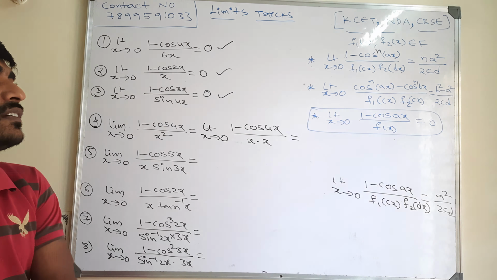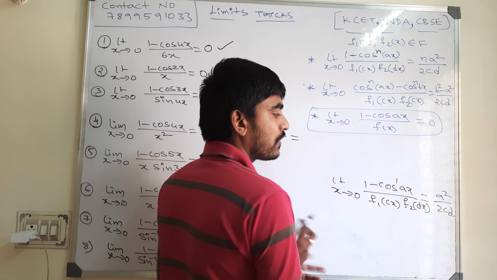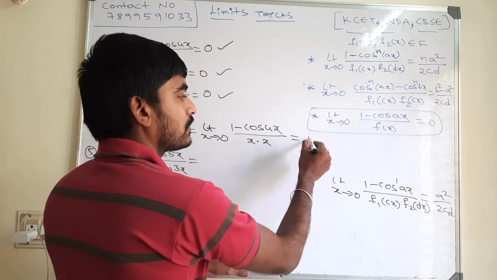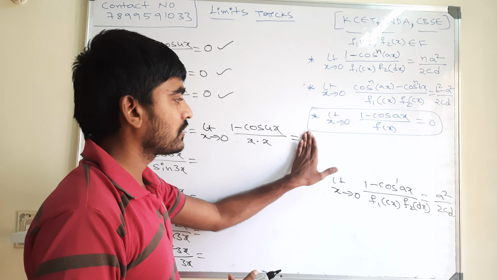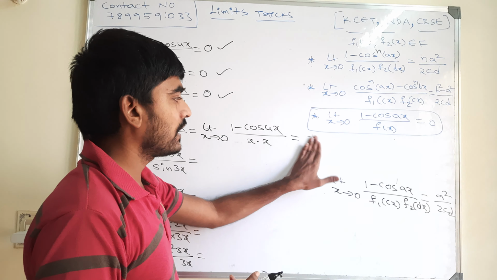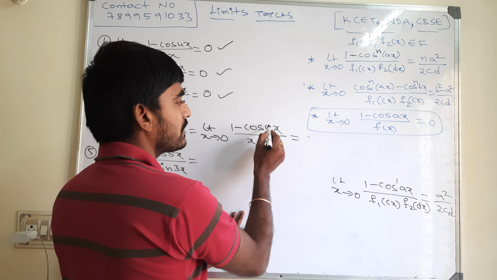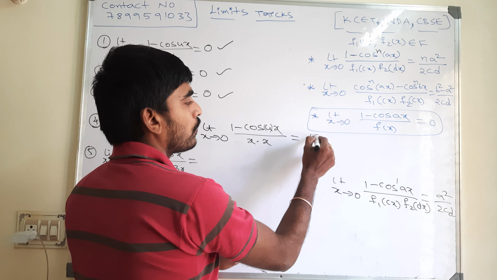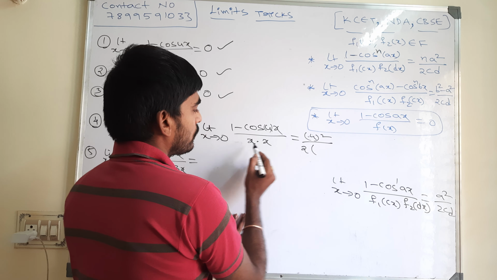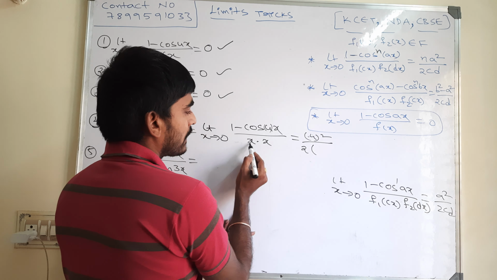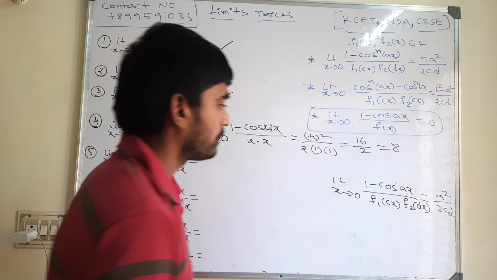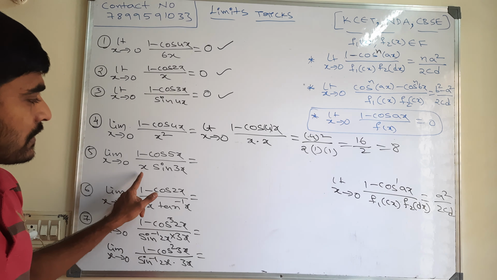So please observe here. Power n is there also. Sir, what is the n value here? 1. So no need to think much about n. If I have this pattern, what is the trick formula? A square by 2cd. What is a square here? 4. 4 square by 2 into x coefficient, which is 1, and this x coefficient is also 1. 4 square is 16 by 2, then 8.